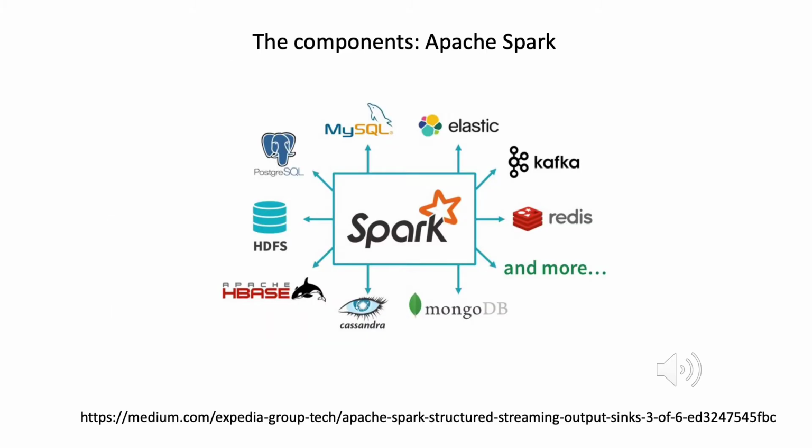Once the data has been processed by Spark, it can be pushed to different output sinks, such as a console sink, which, as the name implies, displays the results on a console, a Kafka sink, which publishes the data to a Kafka topic, a file sink, which saves the data to a CSV, Parquet, or JSON file, or a foreach sink, which can save the data to a relational database such as Postgres, MySQL, or a NoSQL database like Cassandra.